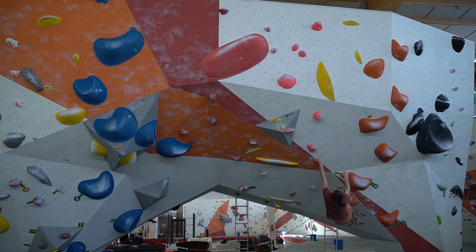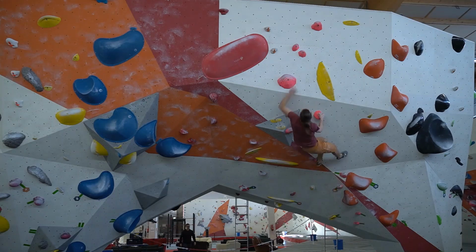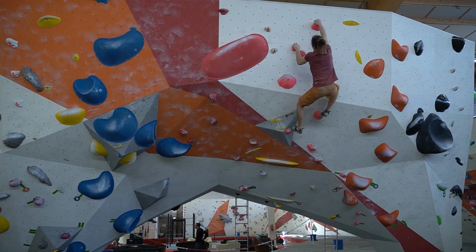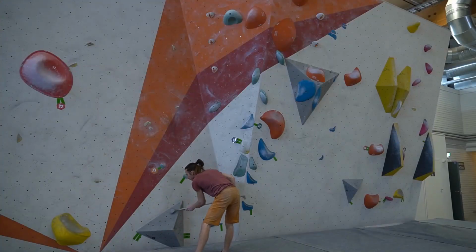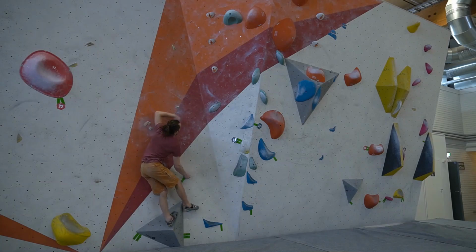Here the next problem is relatively basic, I would say. It's mostly jugs on a steep wall, and if you have the strength then you can do it quite easily, I think. But yeah, I think the competition problems are often more tricky than hard in a physical sense. That's also what you can see in